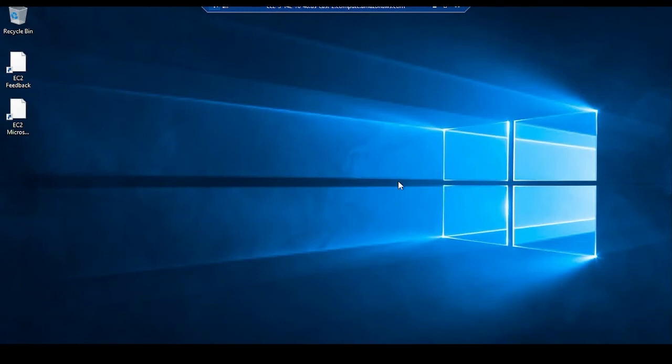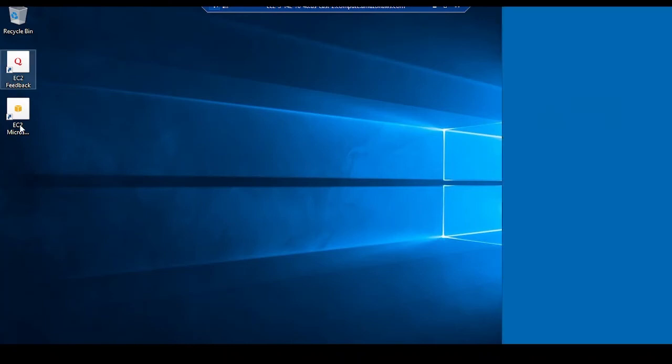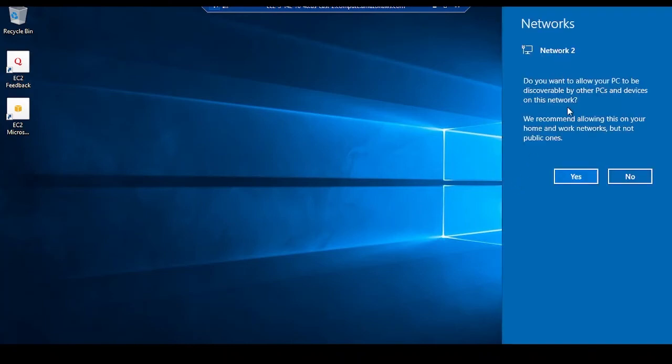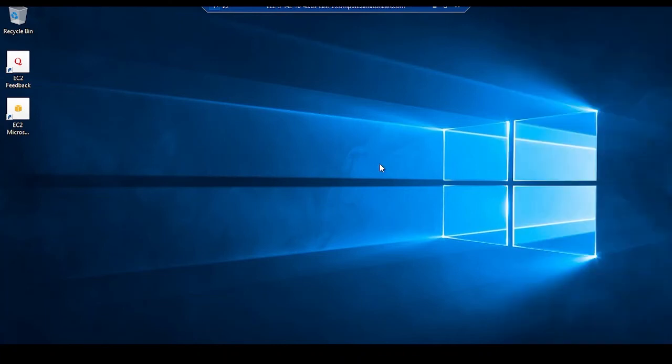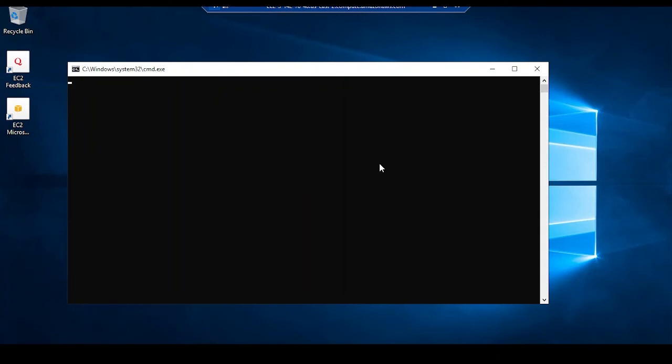Now we are able to see our desktop, and it is asking whether to connect to the network. If I click yes, it will connect to my network and I'm able to access the internet as well.